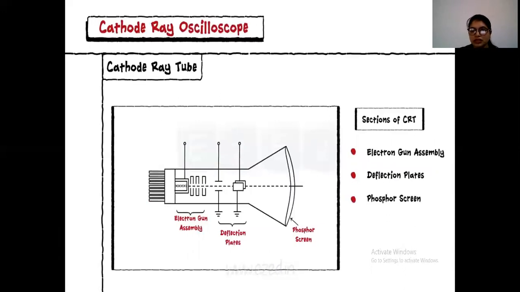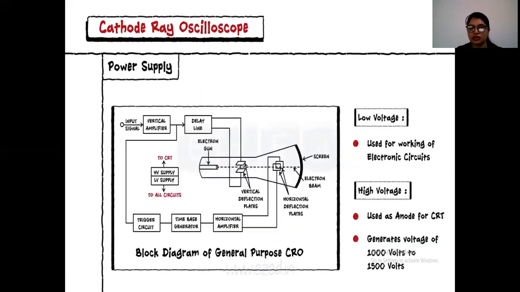So this is the CRT tube. I will tell you a brief of this. This is the electron gun assembly. That is, this is the electron gun, this is the anodes, and these are deflection plates, that is vertical deflection plates and horizontal deflection plates, and this is the screen. So CRT function has been divided into these three parts, and we will cover it one by one in our later lectures.